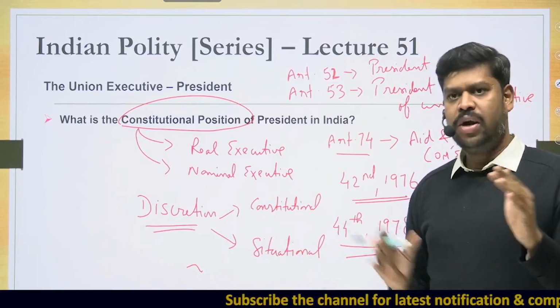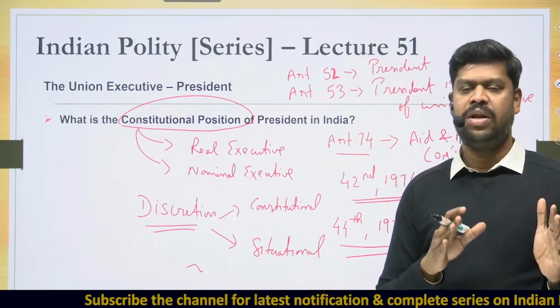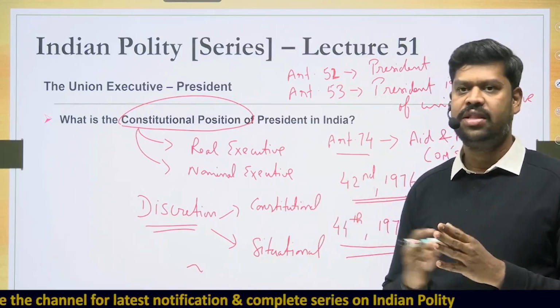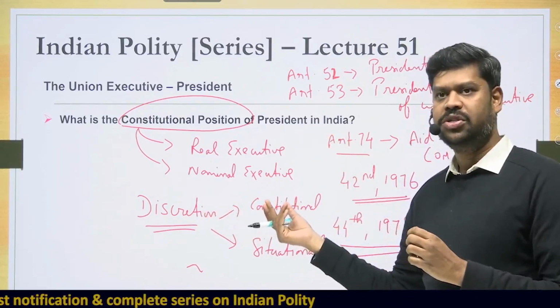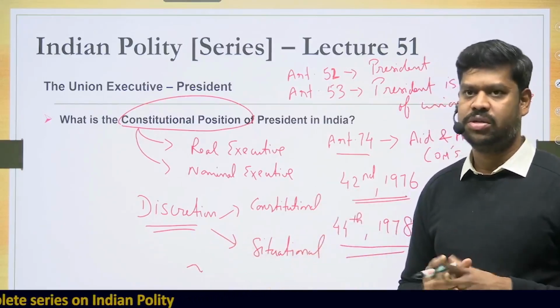So if you have to understand the constitutional position of the President in India, no doubt he is a nominal executive, but he is not considered to be a rubber stamp. It is because under the constitution, he can exercise certain constitutional discretion, and upon certain situations, he can also exercise certain situational discretion. Say for example,